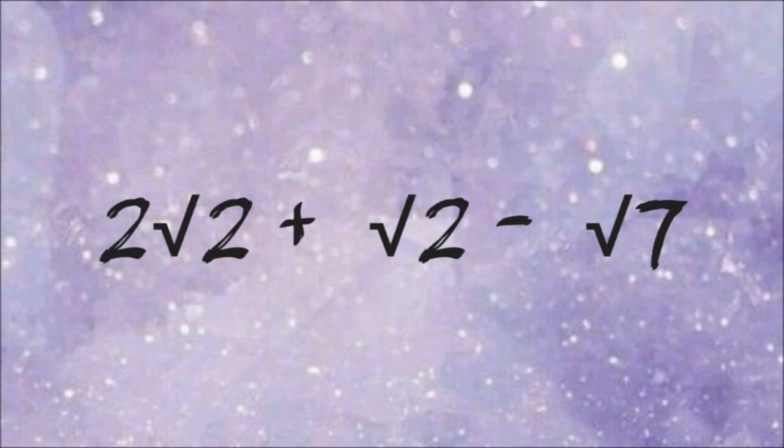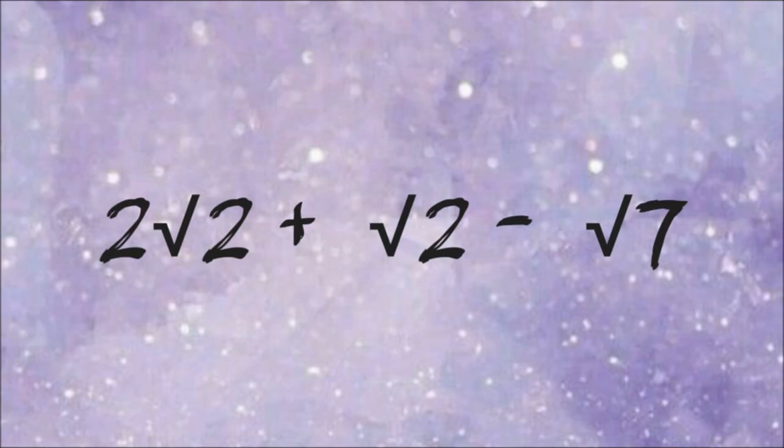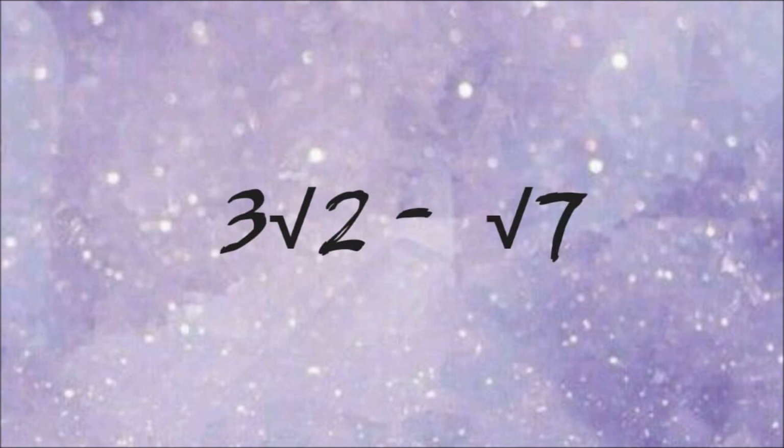Now the first thing you might want to look at is the radicand. And by radicand, I mean, hey, we're not talking about this or this! We're talking about this! Now let's take a look at the first operation. The radicands are both 2. And here's what we should do. Add the numbers outside the radical sign. So that means 2 plus the invisible 1 equals 3. And simply copy the root. That makes it 3 square root of 2.